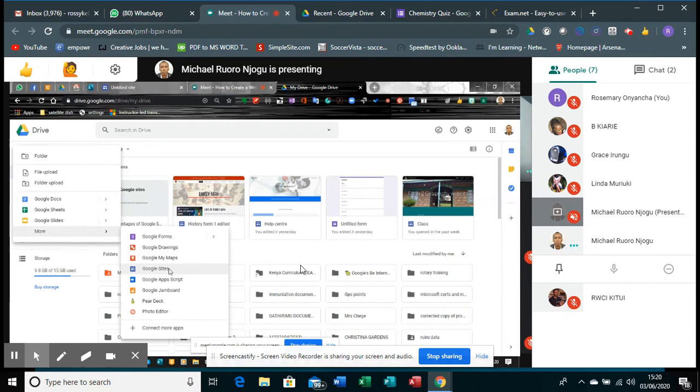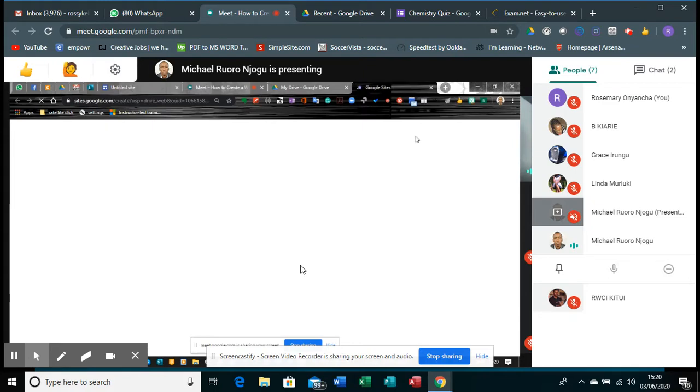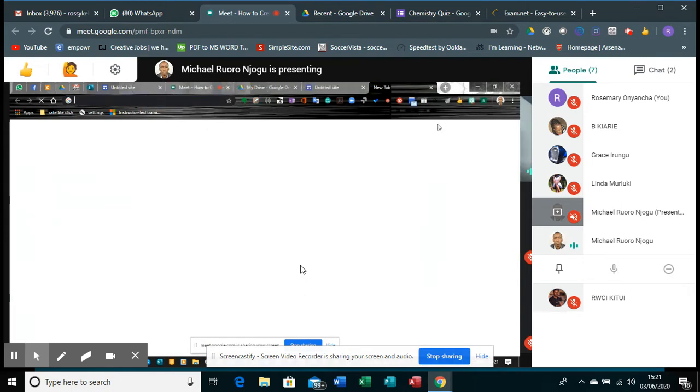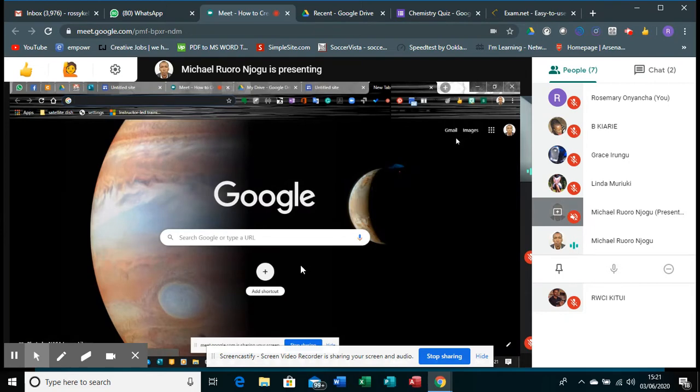That is one way I can open my site. If I click on this, it will open a new blank document that I can now use to create my site. That's one way. The other way that I can create my site is going straight to the address bar. If I open a new tab, since I'm already logged in to my Gmail account, this is Chrome. I'm using the browser Chrome. So once I log in on one tab, these tabs can read each other. So even if I open a new tab, I'm still logged in. I can type here